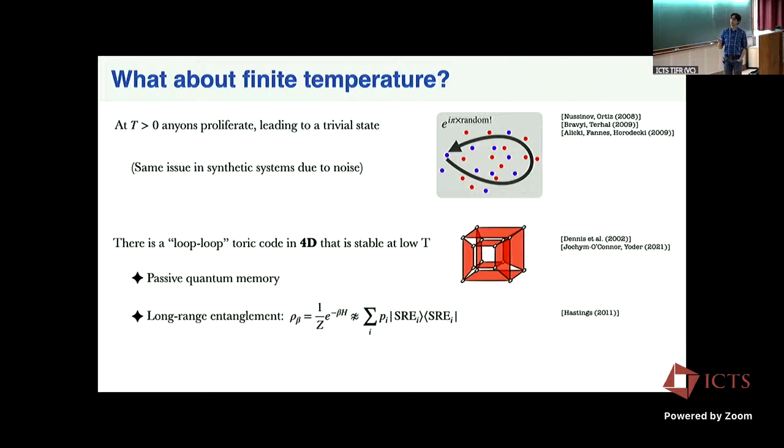The other is that this long-range entanglement survives, that your thermal state at low temperatures still has this non-trivial long-range quantum correlation. To define that, you have to think about what it actually means for a mixed state. I told you what a short-range entangled pure state is. Now I can define a short-range entangled mixed state as something that I can create as a statistical mixture of short-range entangled pure states.